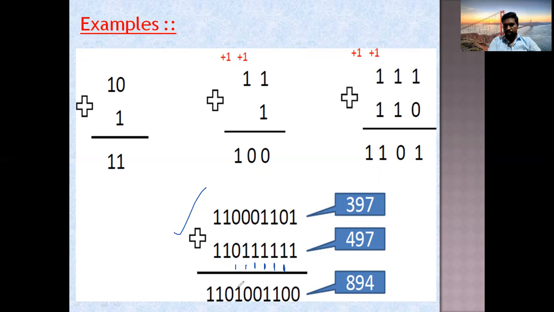Again 1 plus 1 is 0, you will get one carry here. 0 plus 0 plus 1 is equal to 1 only, no carry is generated. Next 1 plus 1 is 0, you will get one carry here. So triple 1 means 1 with carry here. No bits are there above here, so directly take this carry into the last bit here. So this is your answer. Like that you have to proceed in binary addition.